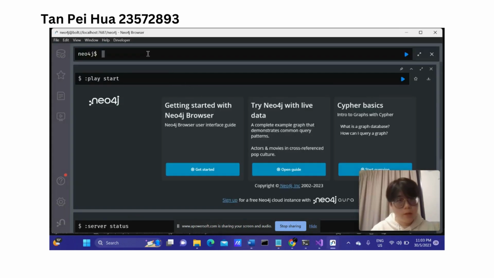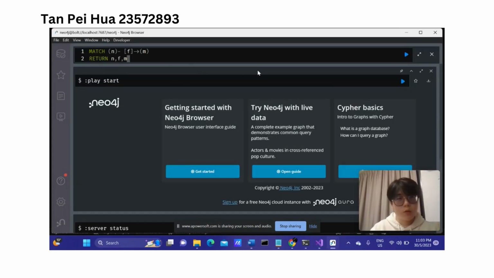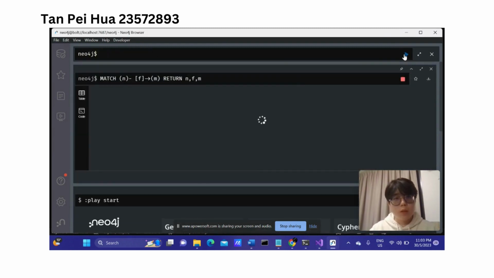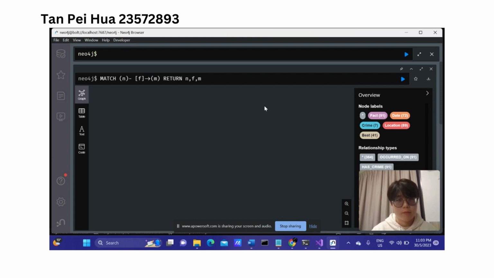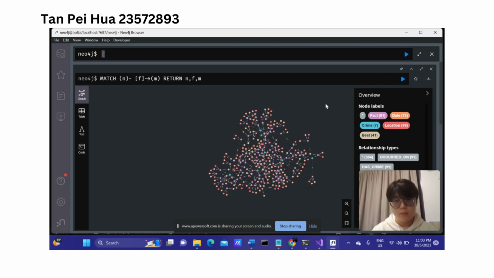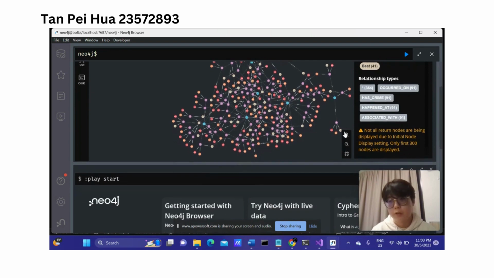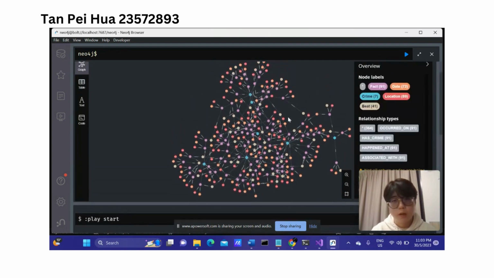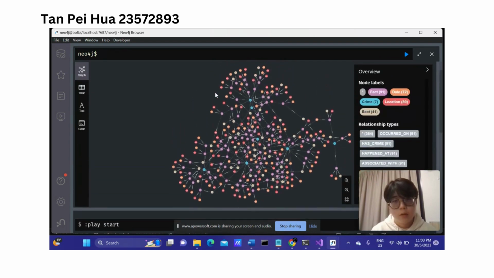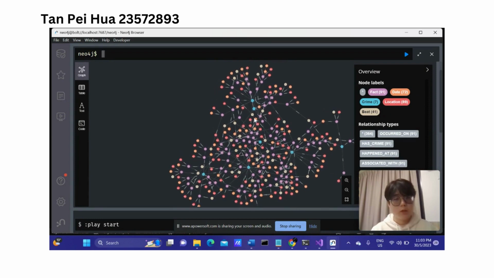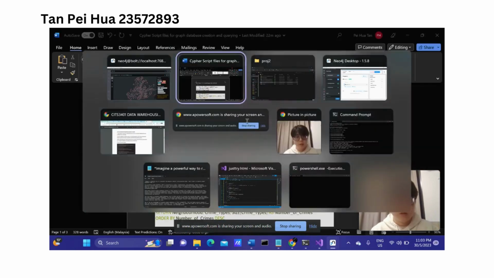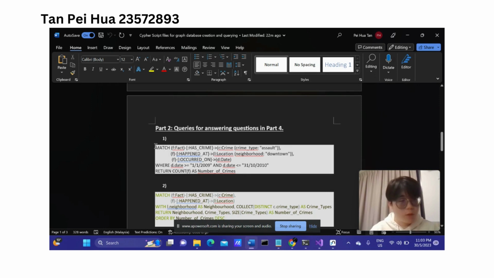But we can first have a look at this one. This is the code to have a look at the nodes and the region by using the graph. You can have a look over there. This part is only demonstrating the first 300 nodes, which show the relationships between the nodes. Alright, so now let's have a close look at the queries. For the first question,